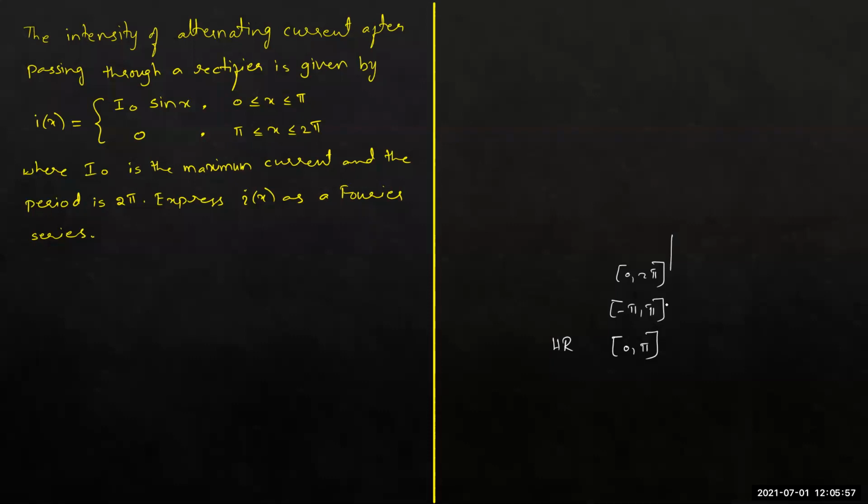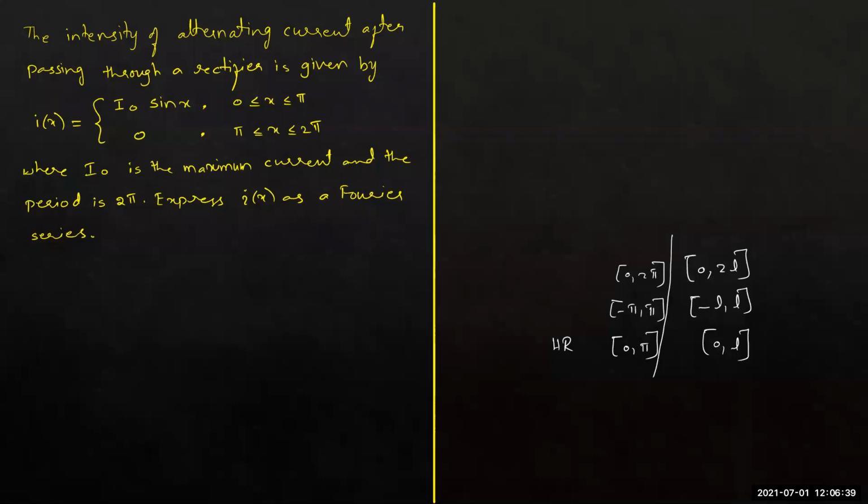Very much similar to these three, we have other intervals like, you may have a function which is defined in this 2L length interval. May not be 0 to 2L every time, but any 2L length interval. As a special case, you may be given it something like this, minus L, L. Or, you may be given it like 0 to L. When the function is defined in the interval 0, L, again, we take it as half range Fourier series. So the most important thing while answering a question is to identify the interval. Once you identify the interval carefully, you can write its equivalent Fourier series, and then you can find out the other values, I mean the Fourier coefficients, right?